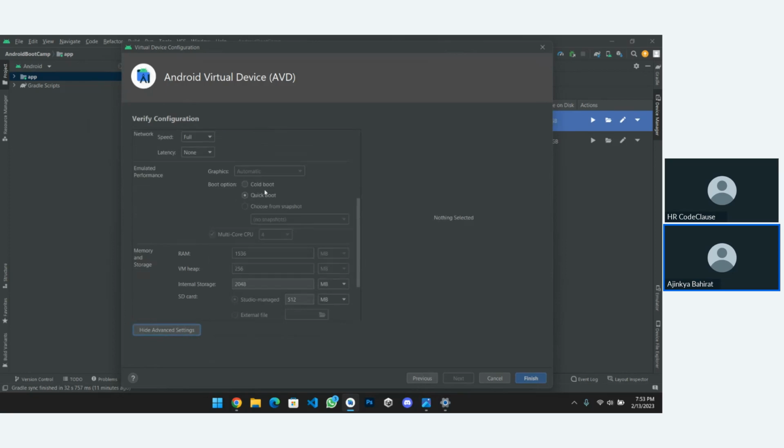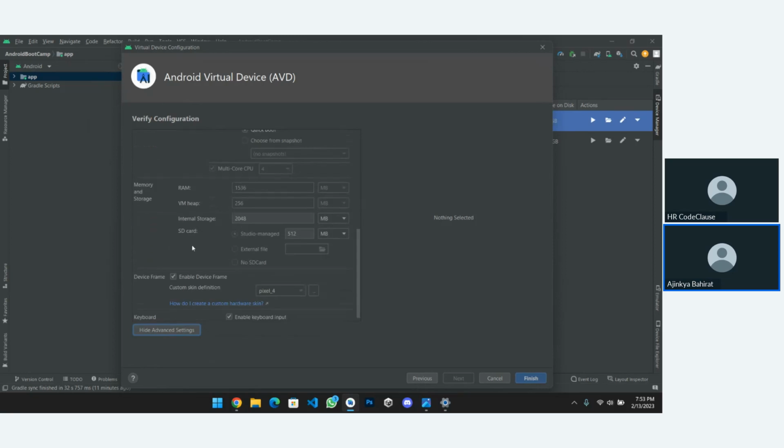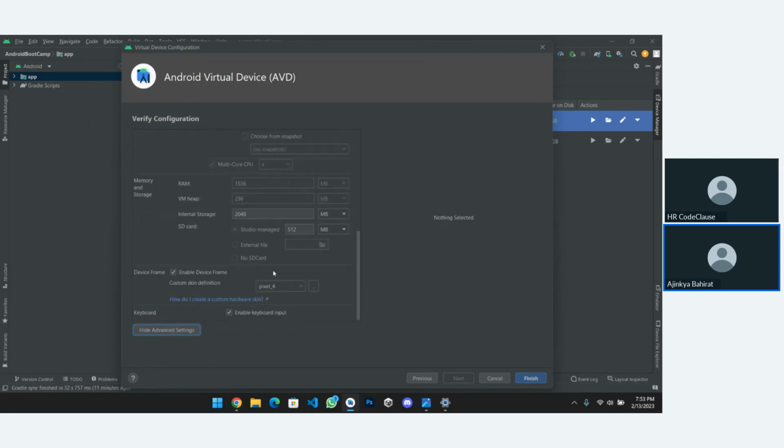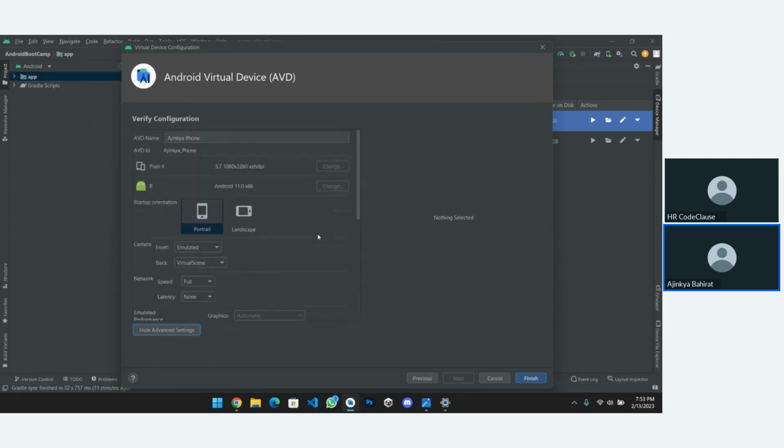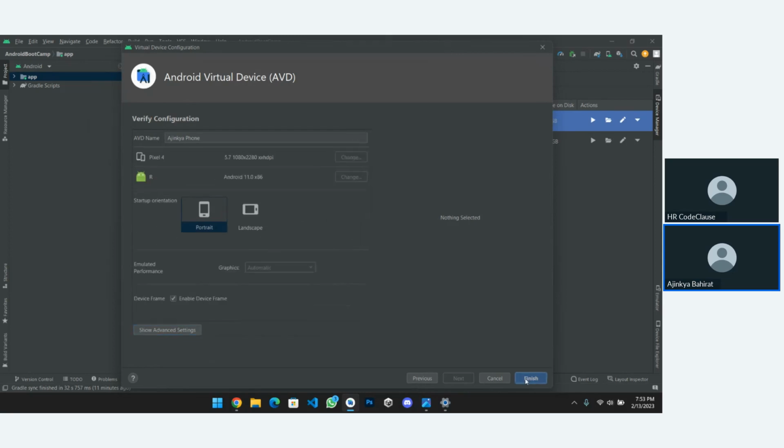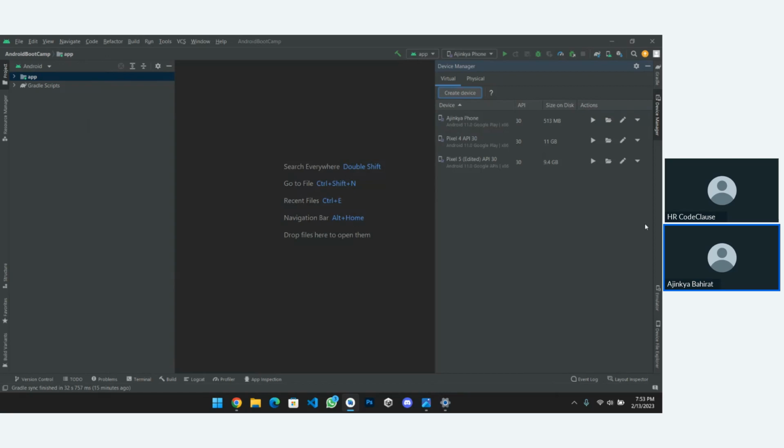There are other things like cold boot or quick boot, RAM, virtual RAM for your phone, SD card, and so on. These are all created virtually, but stored on your actual laptop storage, right? Just click on finish. As you can see, our emulator is created and it states 513 MB. Great. Now just run our emulator.